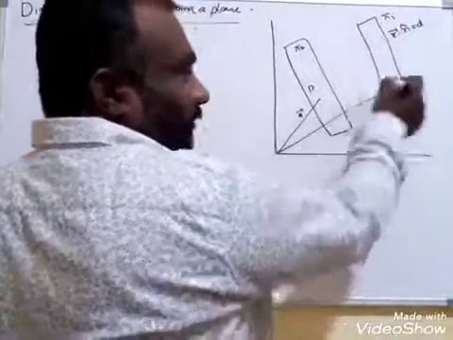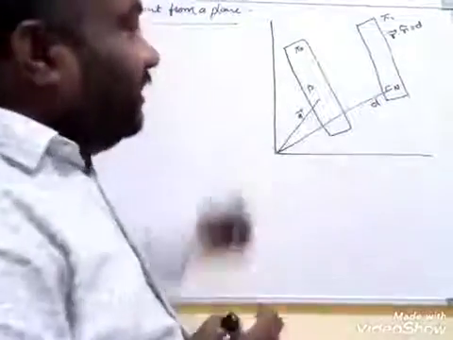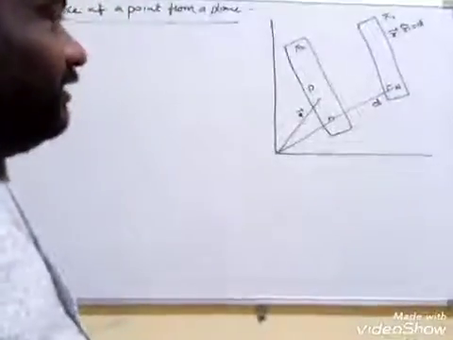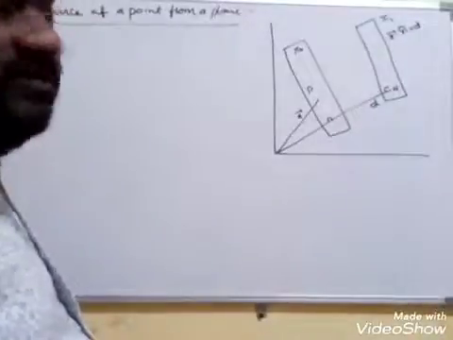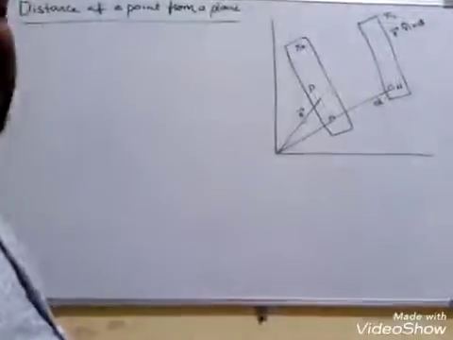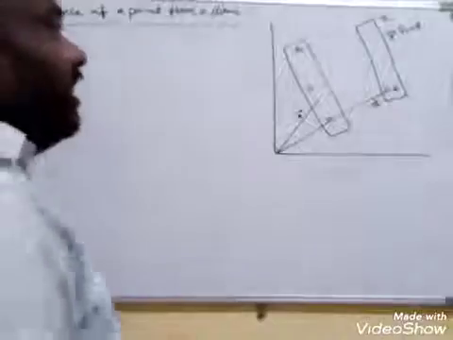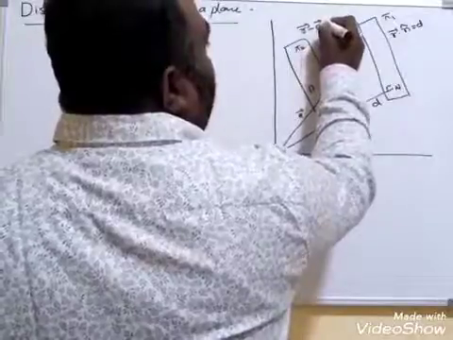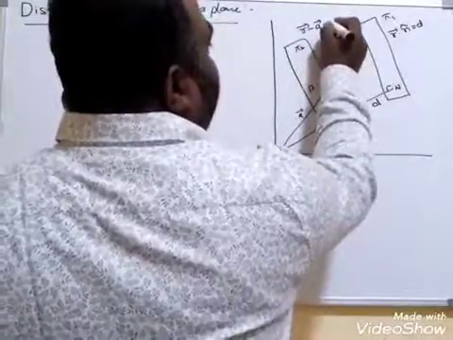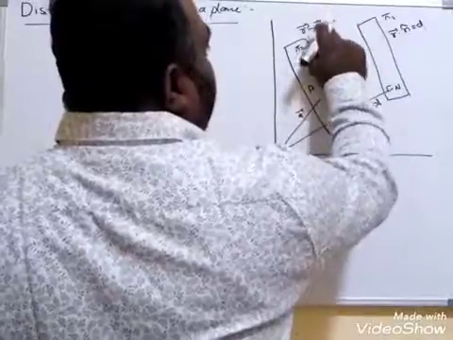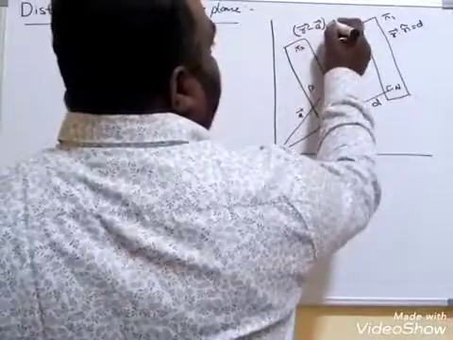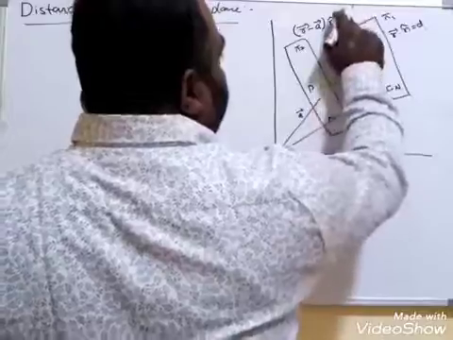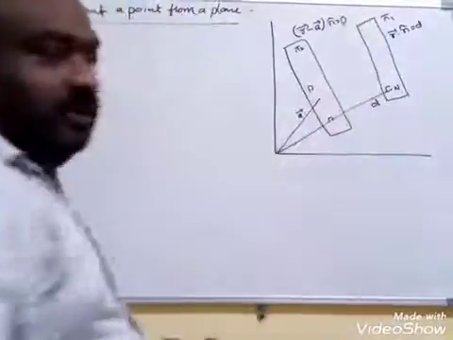The point lies on a plane which is parallel to this plane, named pi2. Since the planes are parallel, this perpendicular becomes the unit normal for both planes. Now, what is the equation? The equation of the plane passing through the point a bar and perpendicular to the given vector is r bar minus a bar dot n cap is equal to 0.